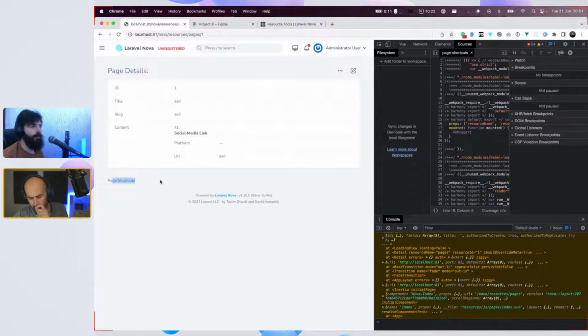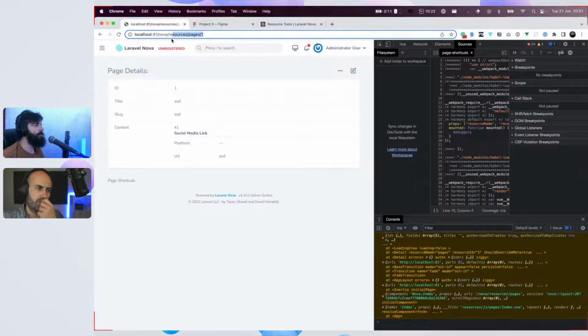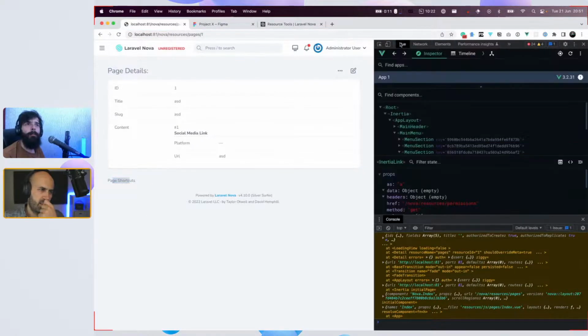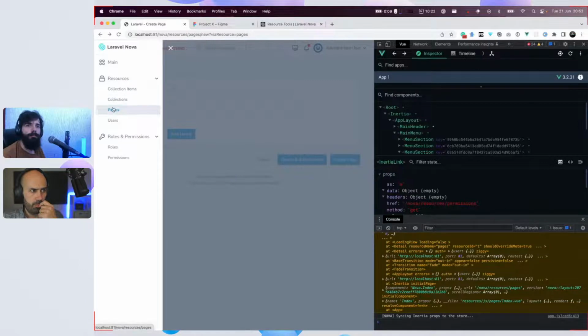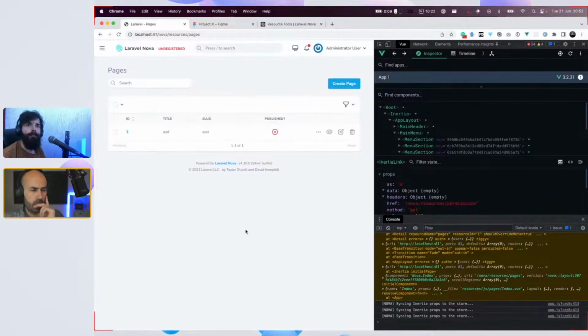It's a resource tool, so if you think about it, when you are in a given resource, you need to be in an instance of a resource. Okay, but this is not what we want. What we want to do, most likely, will be solved with maybe a card on top of the... We need also to put breadcrumbs.